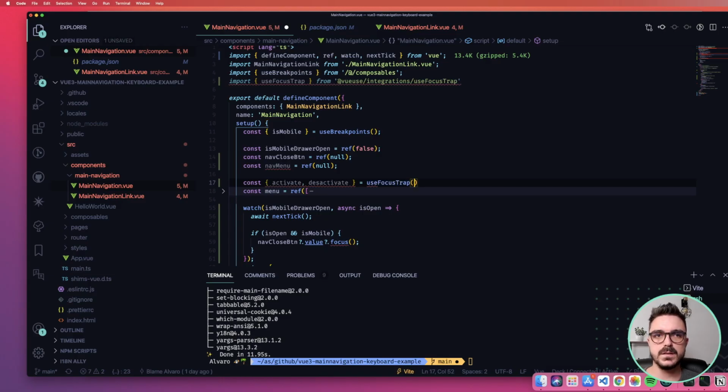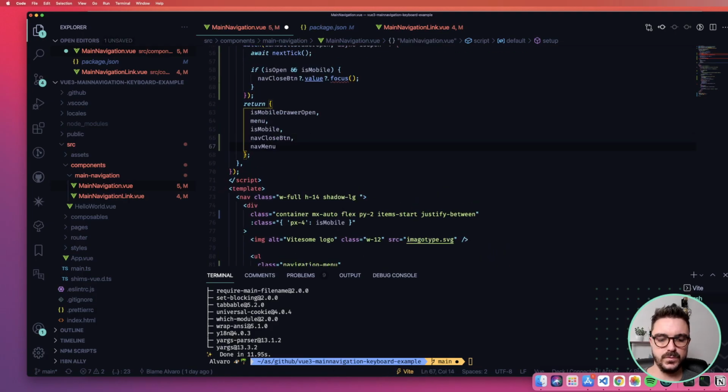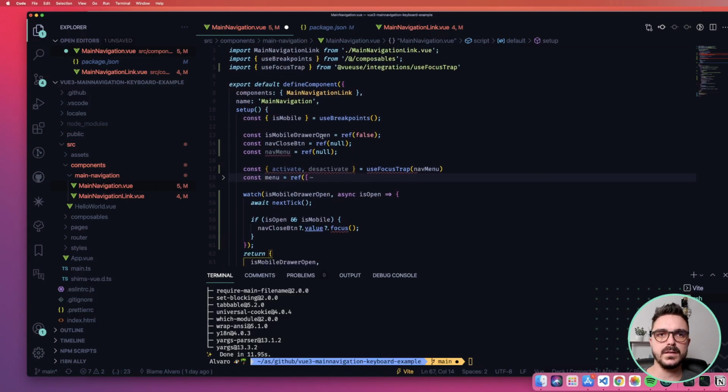In this case, the target is nav menu. And we also want to return this into the template so we can get the DOM element.